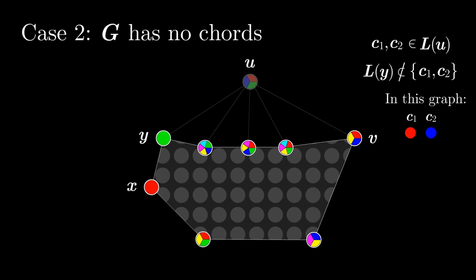Now, let's remove vertex U. Let's also erase the 2 colors we chose from the list of the interior neighbors of U, but not from Y or V. And now, every vertex in the outer face other than X and Y has at least 3 colors, so by induction this graph with U removed can be colored. And now we can add back U, noting that none of its neighbors except for V has any of the 2 colors we removed. V might have one of them, but Y will not, since we specifically chose the colors not to include Y's selected color. Therefore, we can extend the coloring to U with one of these 2 colors, whichever is not in use by V, and G can be colored as desired.